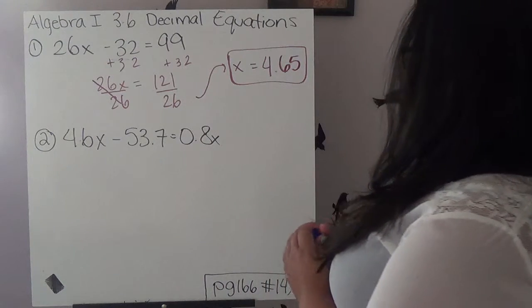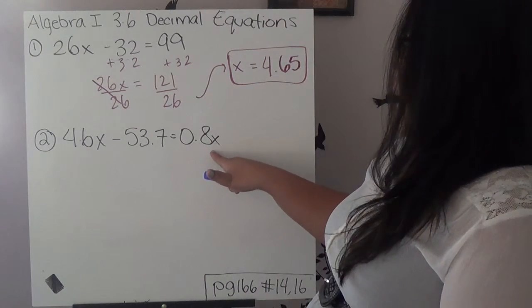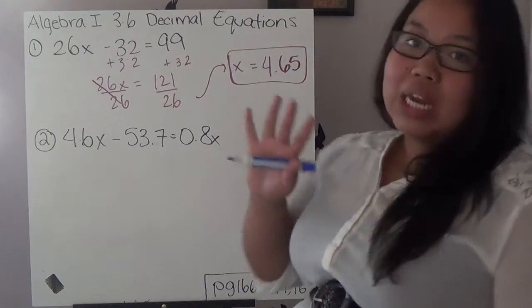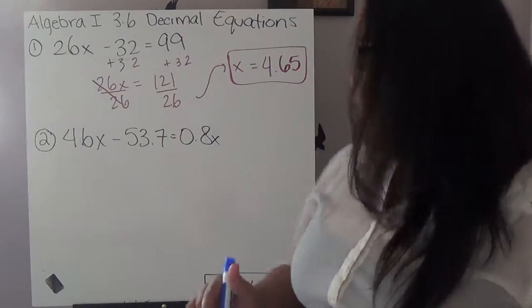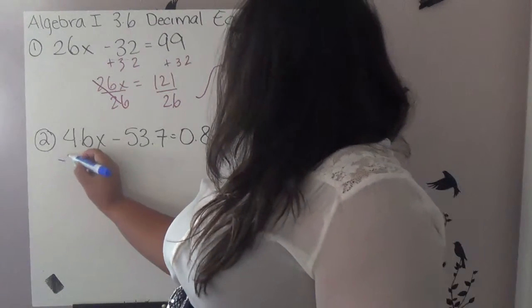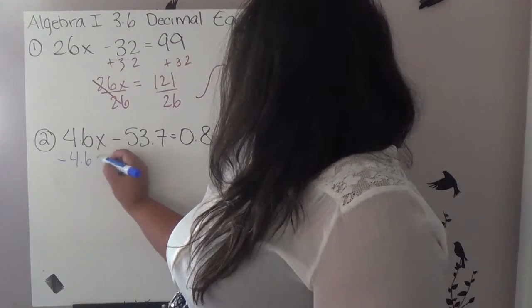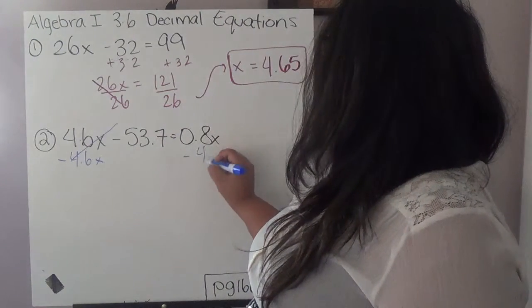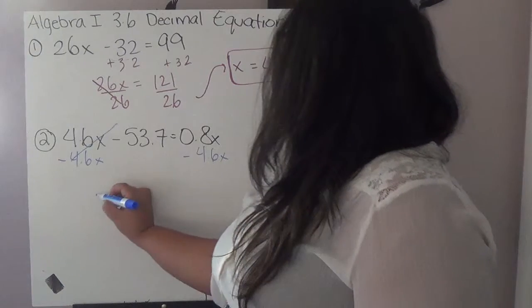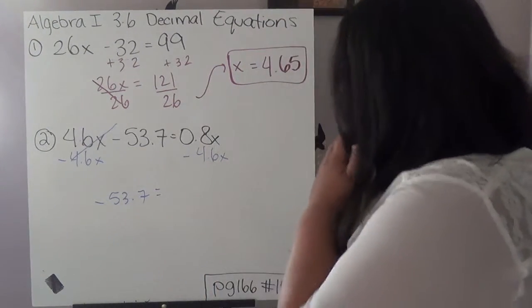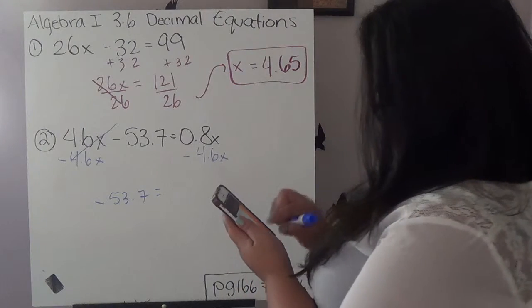For this case, this has an x on both sides. So I want to take this x and join this x, so we can isolate the x all on one side. Since this is a positive 4.6x, I'm going to take it away by subtracting 4.6x. This cancels out, but I also have to do it on this side. I end up with negative 53.7 equals 0.8